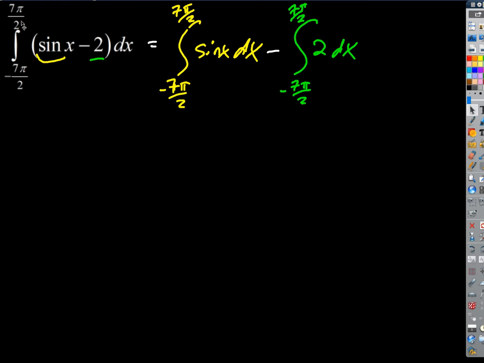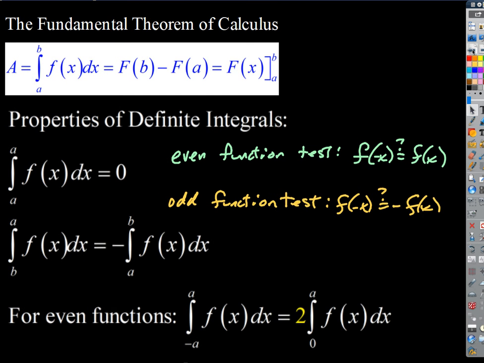So what I want to show you here is that when we break this thing up into pieces, we can split this into two separate integrals. I've got the integral of sine x over those limits minus the integral of 2 dx over the same limits. Because they're symmetric limits of integration, we can take advantage of those properties we talked about yesterday, right? So what we'd want to do, remember, if we go back to our